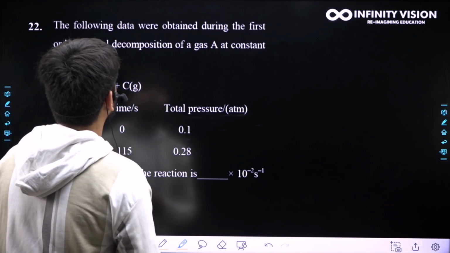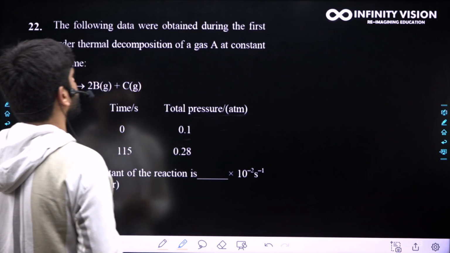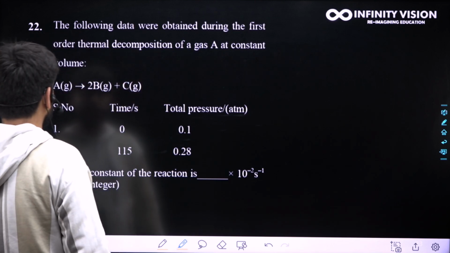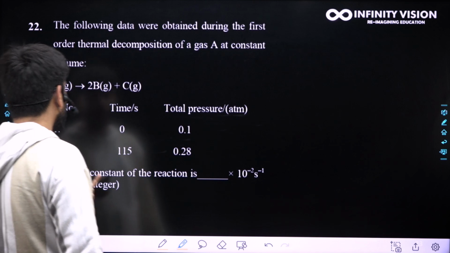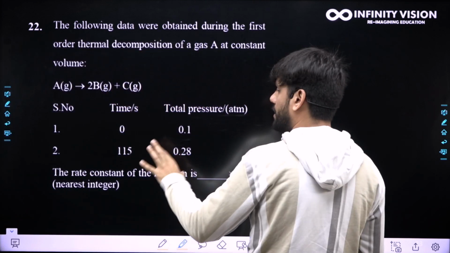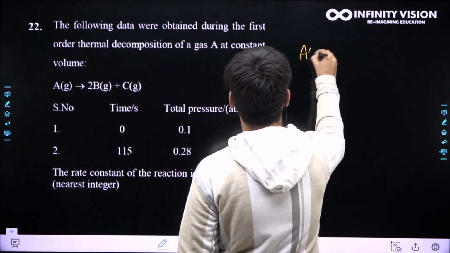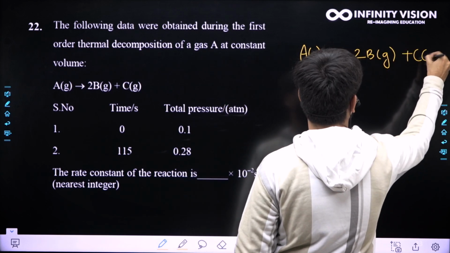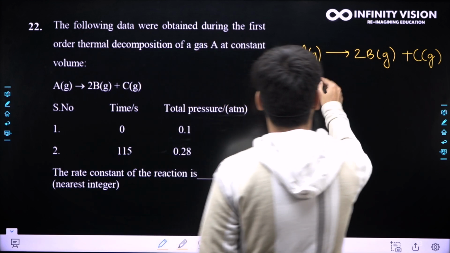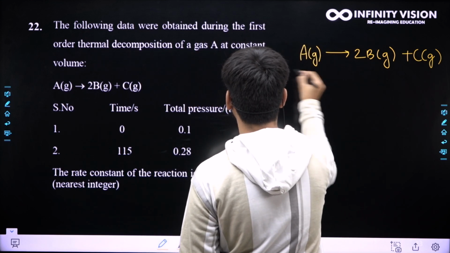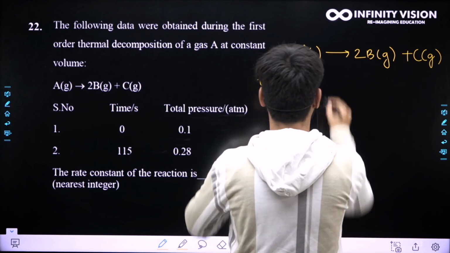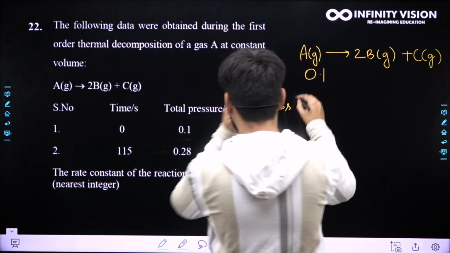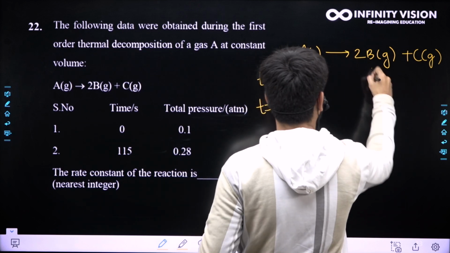The following data were obtained during the first order thermal decomposition of a gas A at constant volume. It is the first order thermal decomposition, all right, and the data is given to you. They're asking you the rate constant. So let us write here, A of gas gives you P of gas plus C of gas, right? And initial pressure when t is equal to 0 is 0.1 atm, and at time equal to 115 seconds,